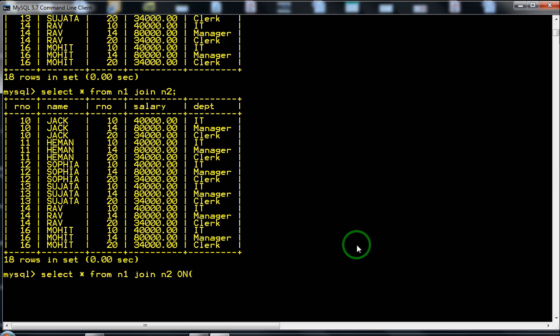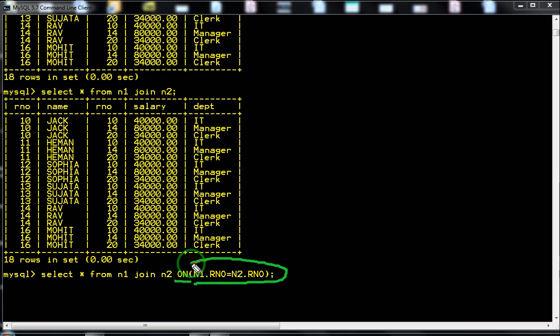On, select star from N1 join N2 on N1 dot roll number equal to N2 dot roll number. So by using on, I can specify a join condition over here. I am specifying a join condition, that is where N1 roll number